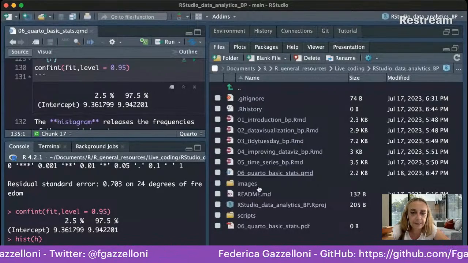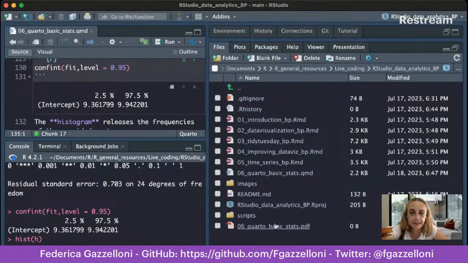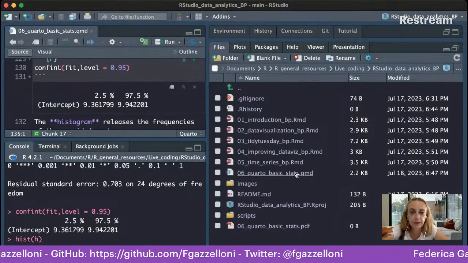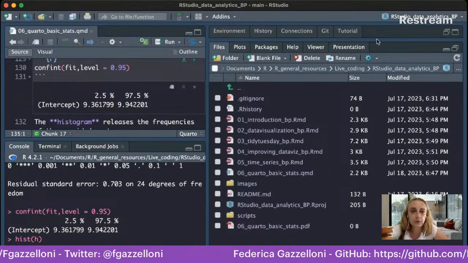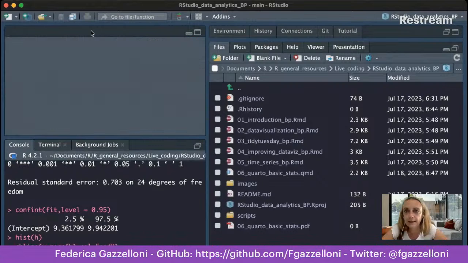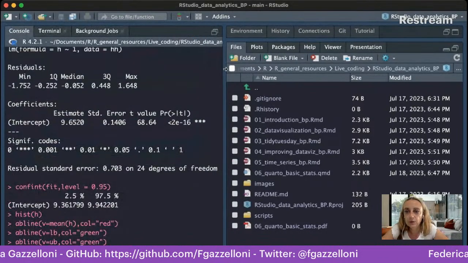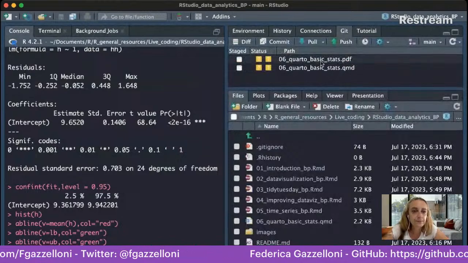We don't need them, and we have a nice PDF file in here that we can use, and our Quarto document. What we do now, before ending this and closing this one, is push everything to our GitHub